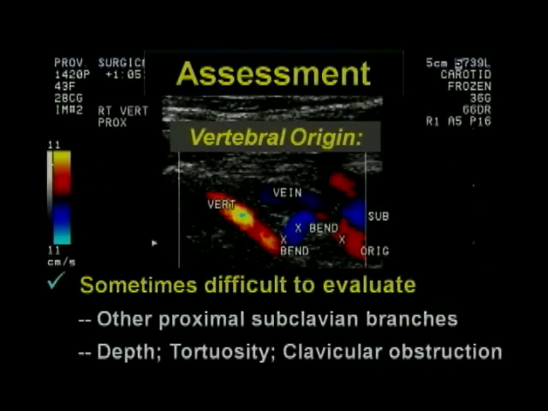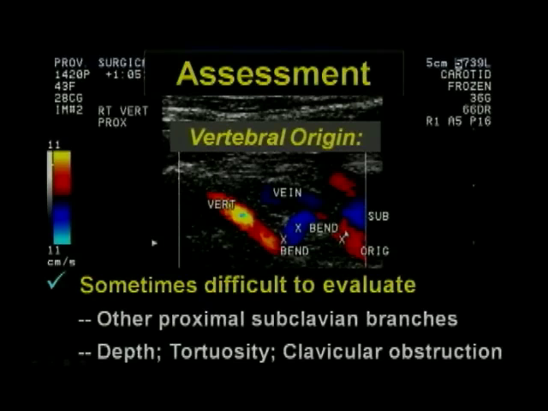And we primarily evaluate the vertebral arteries for flow direction. However, when you do suspect that there's stenosis from atherosclerosis, you really want to evaluate the vessel at its origin. However, I would recommend that you don't go immediately to the origin of the vertebral artery. There are multiple branches that can be present here, and it can often be difficult to identify the vertebral artery